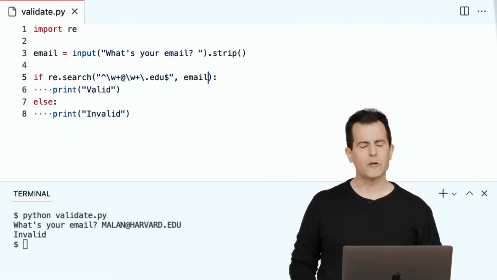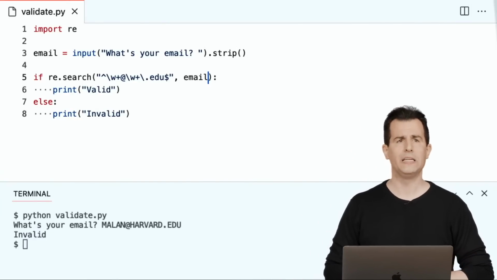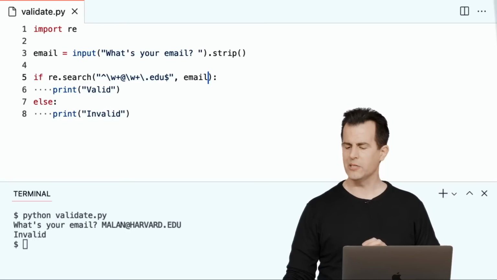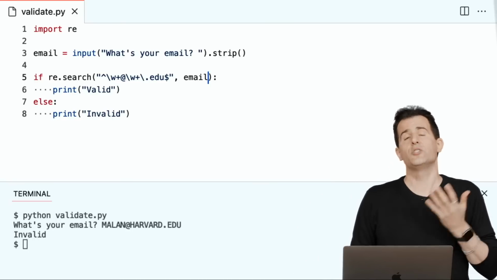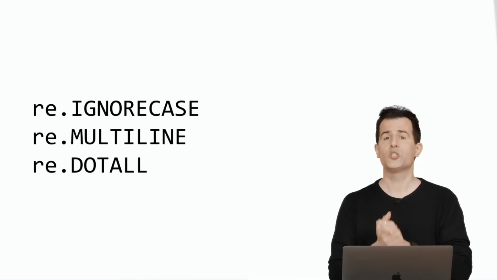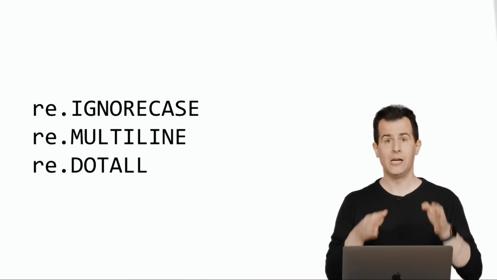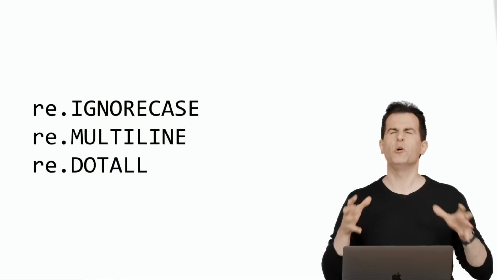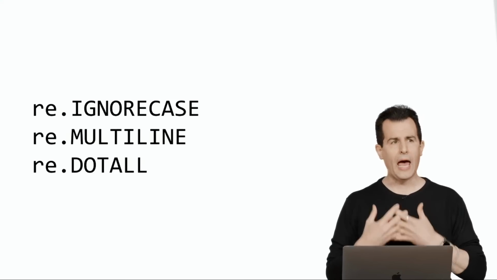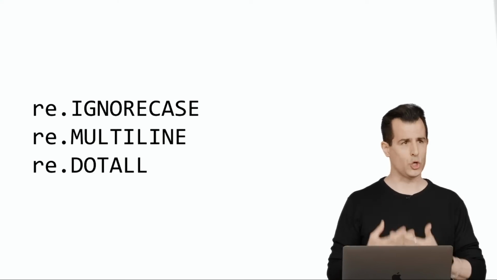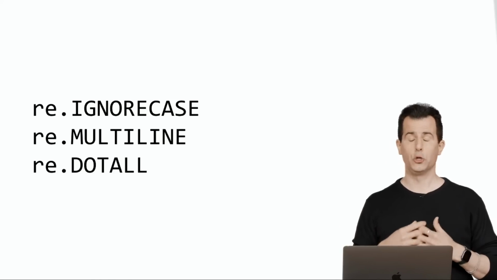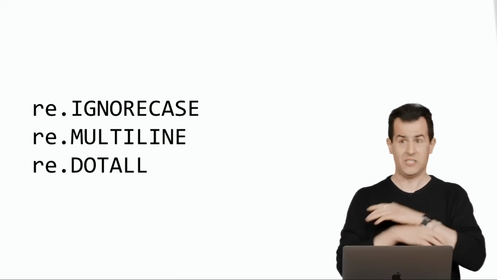And how might I go about configuring this call to re.search a little bit differently insofar as I'm currently only passing in 2 arguments? Well, it turns out that some of the flags you can pass into this function are these. It turns out that the regular expression library in Python, aka re, comes with a few built-in variables, so to speak, things that you can think of as constants that have meaning to re.search, and they do so as follows. If you pass in as a flag re.IGNORECASE,